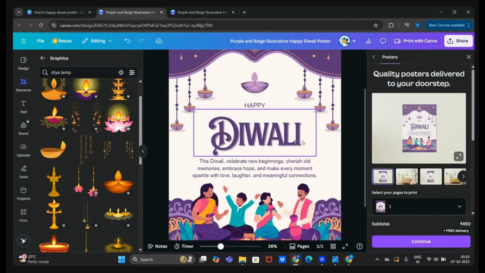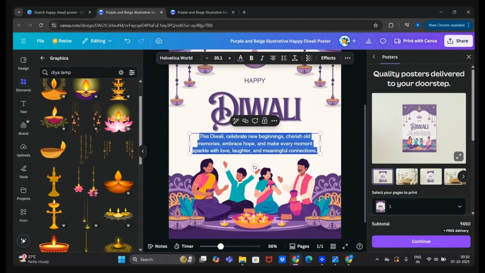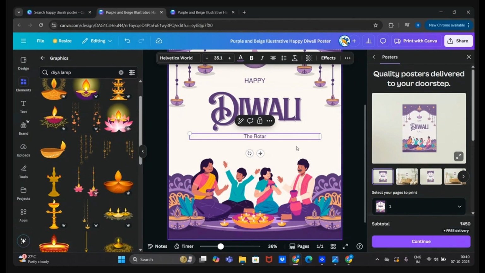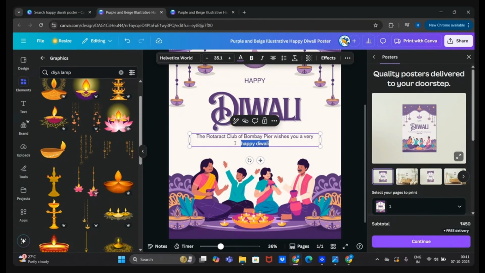So now that I've zoomed in, if I want to edit, I want to write something else. I can write the Rotaract Club of Bombay Pier wishes you a very happy Diwali. Happy Diwali. Yeah. So I'm just showing you all how you can use it according to